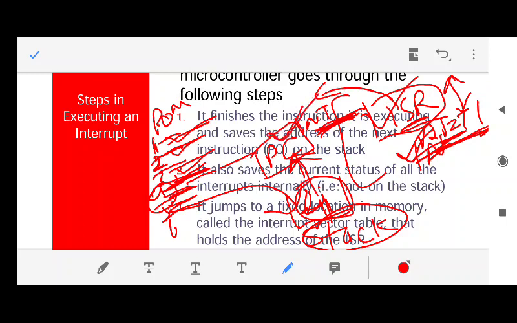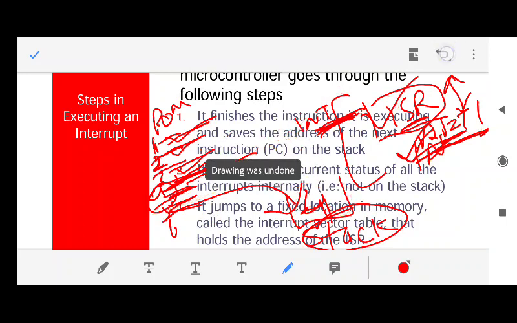It will start executing from that particular address. And what is that address? The address is line number 4. Where you had left off at line number 3, you did all this work and you come back at line number 4 and start executing. How did it remember that it has to come to line number 4? By using the stack. So this is how the interrupt is handled in 8051.